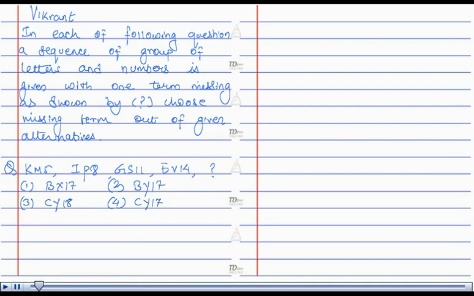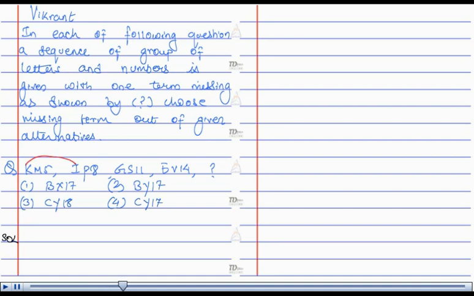In each of the following questions, a sequence of groups of letters and numbers is given with one term missing, as shown by the question mark. Choose the missing term out of the given alternatives. The series is KM5, IP8, GF11, EV14. The solution is, if you look at the series, we can observe that for the first letter,